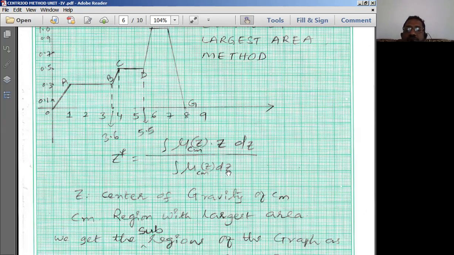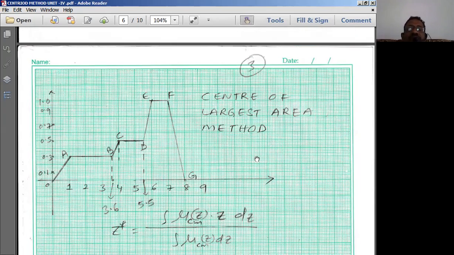Sigma of mu x we have written. So here this sigma is replaced with the integration. Sigma is replaced with integration. There we have written sigma of mu x into x by sigma of mu x. Here we replace this with integration, because we have to find out